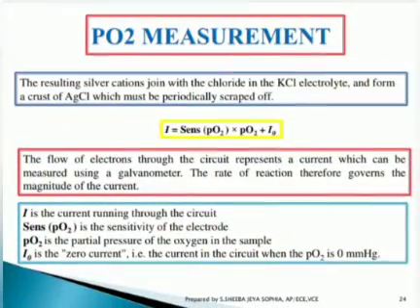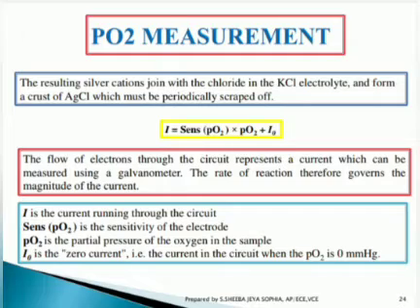The resulting silver cations join the chloride in the KCl electrolyte and form a crust of AgCl, which must be periodically scraped off. So, the flow of electrons through the circuit represents the current, which can be measured using a galvanometer, and the rate of reaction therefore governs the magnitude of the current, which is calculated by the formula